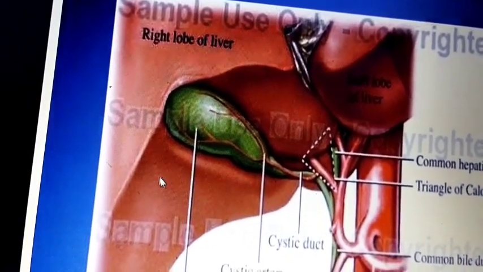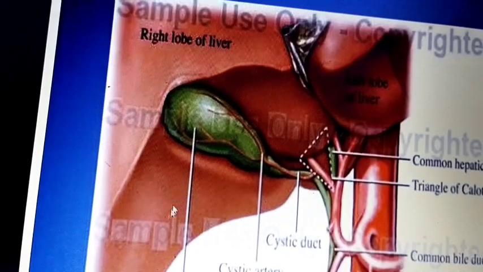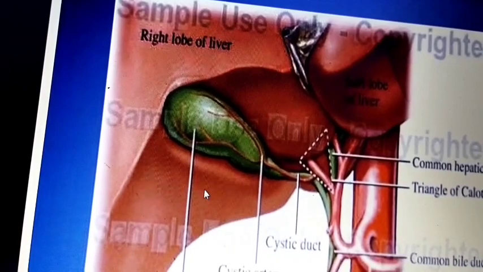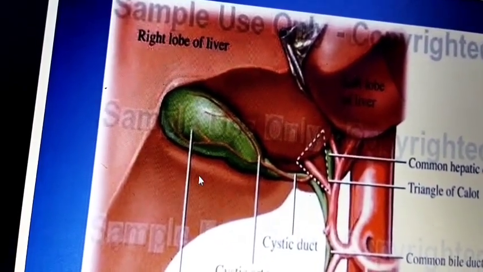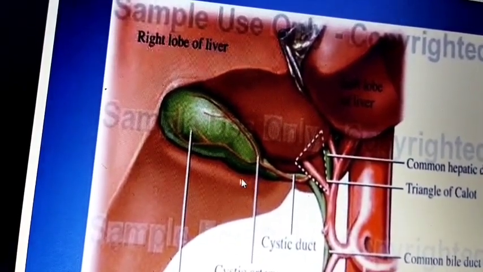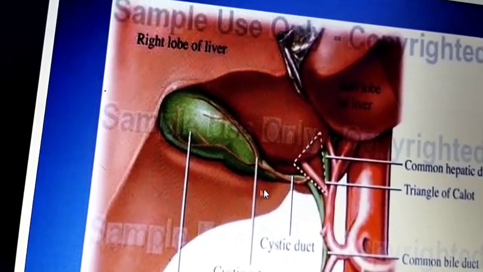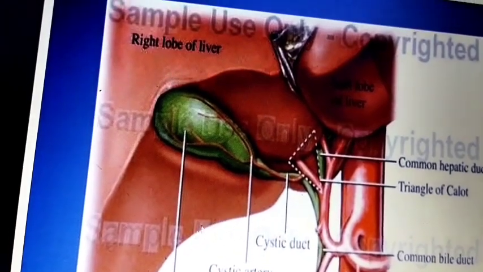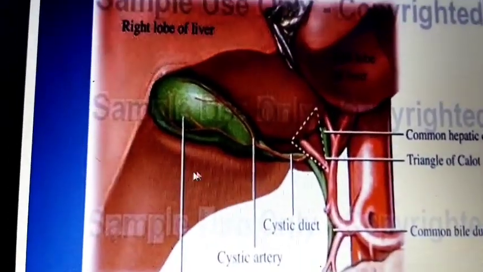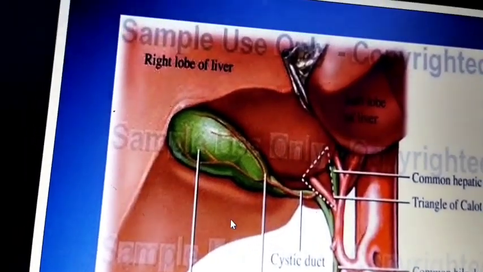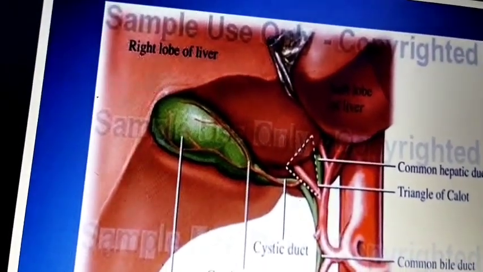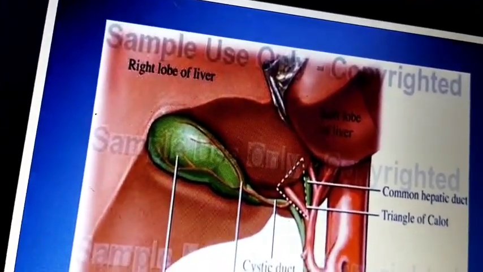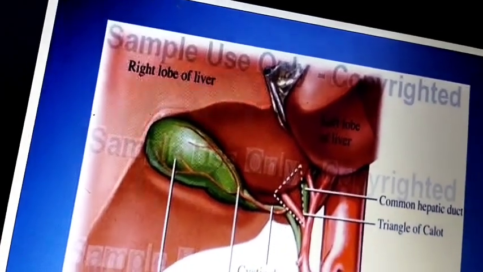On the right side, here you have the hepatic colic flexure. You can see here the duodenal flexure. What you are seeing is the duodenal impression, the second part of the duodenal impression, and just here you have the renal impression. Like that you can identify the fossa for gallbladder. The gallbladder is 7 to 10 centimeters long and 3 centimeters in breadth.